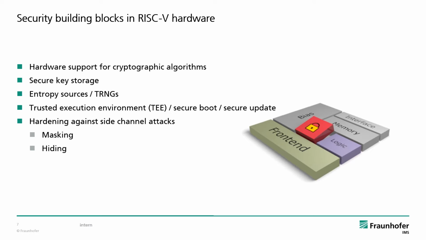There are a couple of important building blocks for ensuring security in a RISC-V processor. You should be able to calculate encryption, decryption, and checksums at some reasonable speed, even on small devices, so there should be hardware to support these algorithms. Most of the algorithms rely on some form of random numbers, which, in order to pass well-known quality tests, should come from a truly random source, called an entropy source. This could, for example, be a circuit that converts the thermal noise into bit streams.